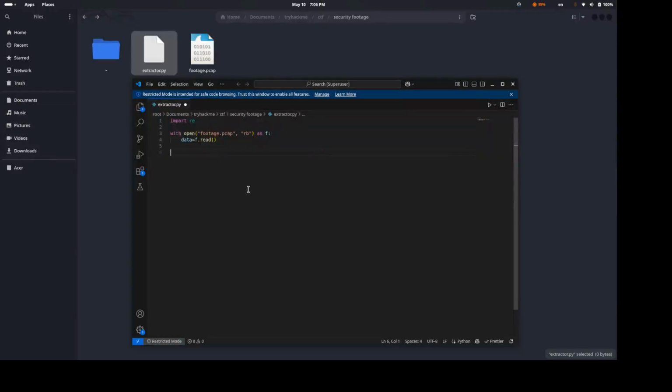Next step is to use this regular expression from this module to find all the JPEG files inside the pcap file and extract them. So let's name the variable matches. The re module contains a function named findall, which we can use to use the regular expression inside. So findall,